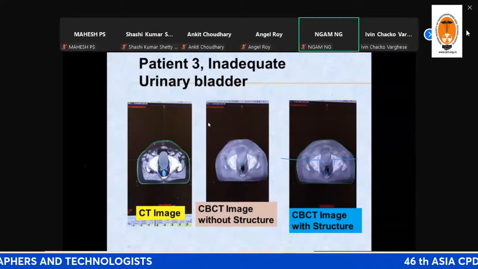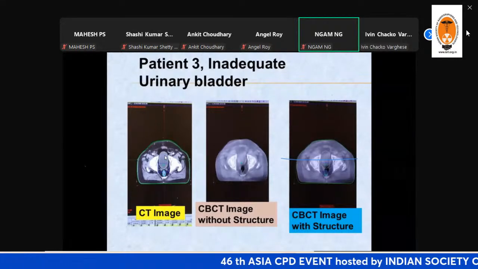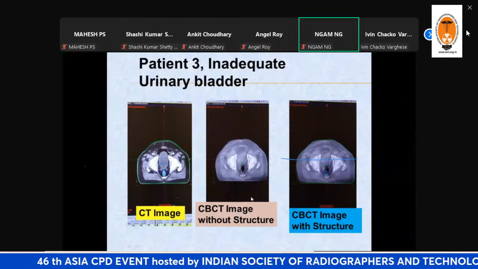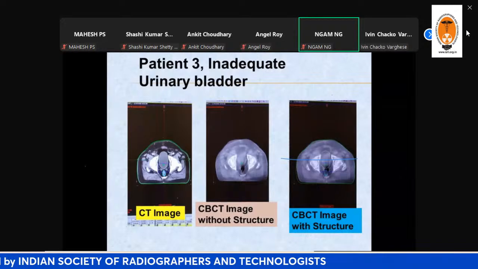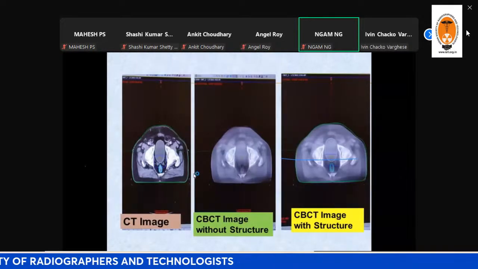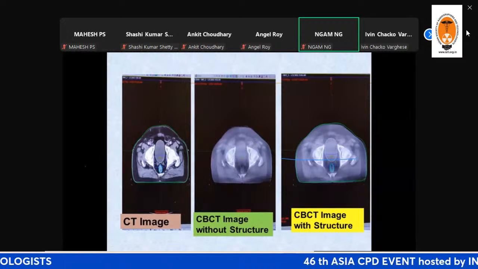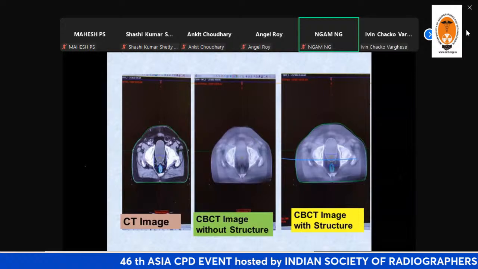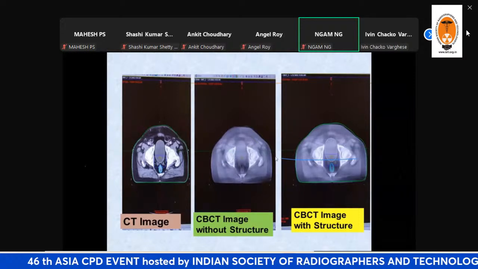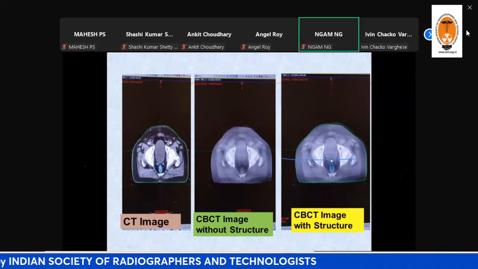Now a third case where you can see the bladder volume is this much on the CT image, but here we can say there was inadequate bladder. So it is not appropriate to treat with inadequate bladder. So we have changed our bladder protocol: we have increased his intake of water and increased the waiting time, so as to reproduce the same volume of the bladder